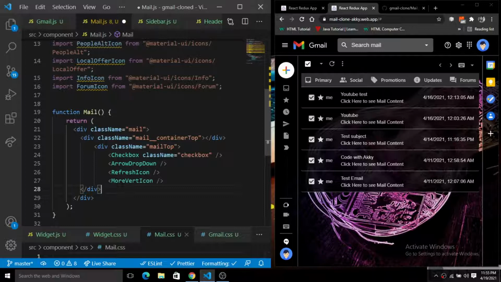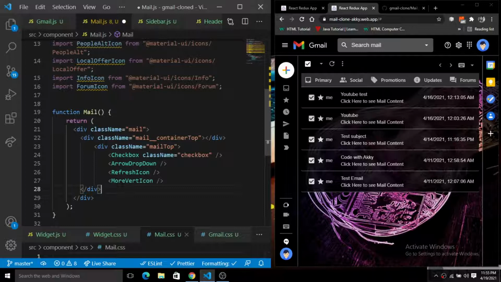Then we have this chevron right icon. Close this. Next we have this keyboard icon. And the last is arrow drop down. So we have this arrow drop down icon. Right.